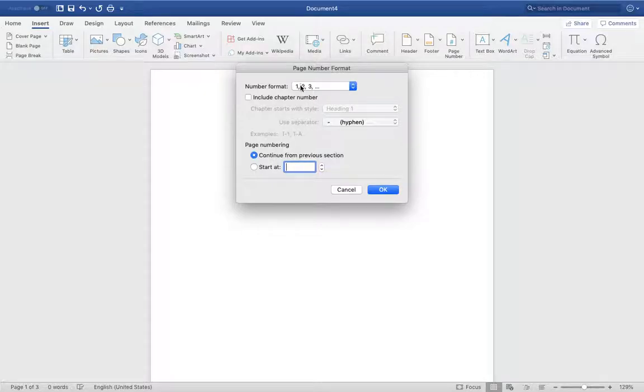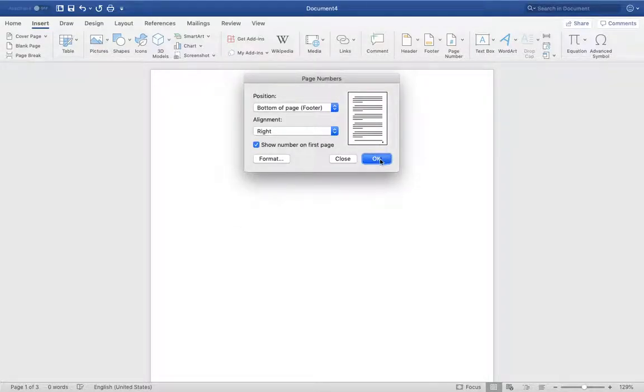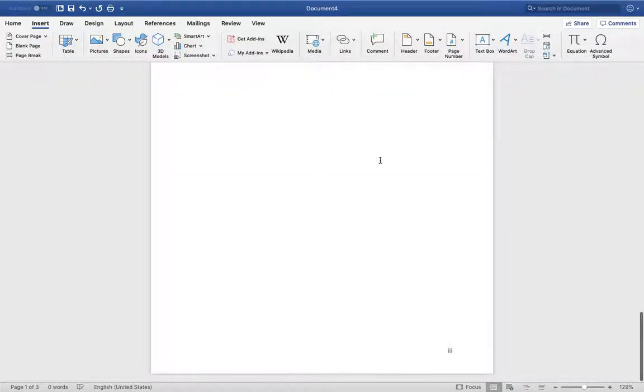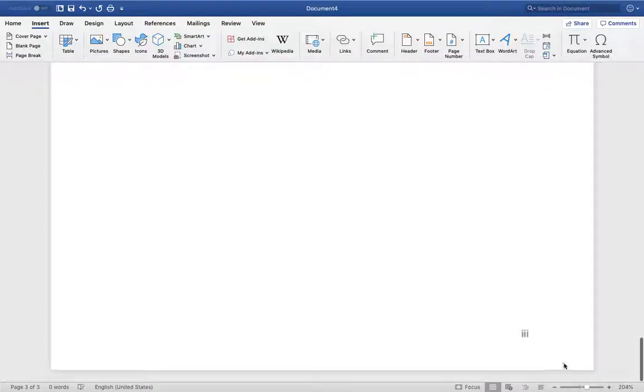Now I want to select Roman type of numbers. In this number format area, select this one that we call Roman numbers. Okay, now click OK and again OK. Now we have these numbers. See,